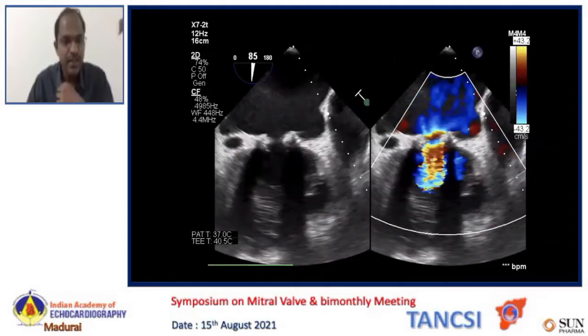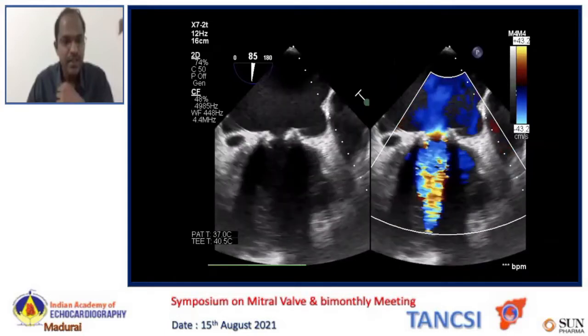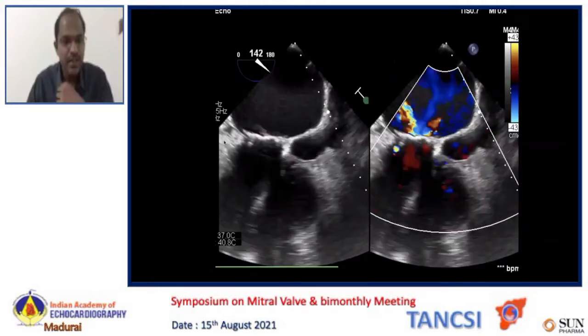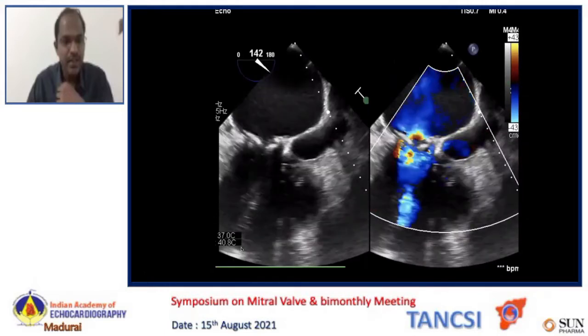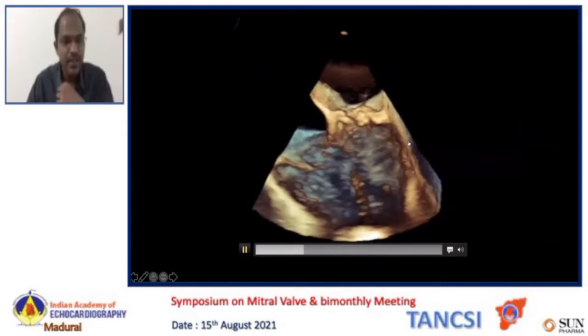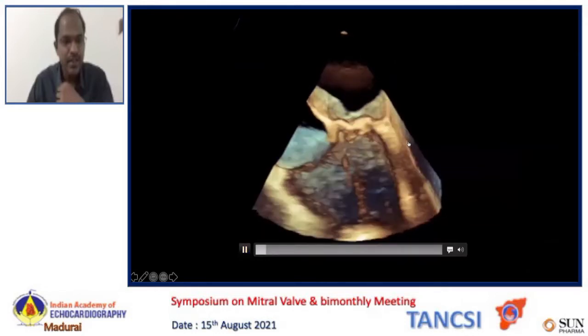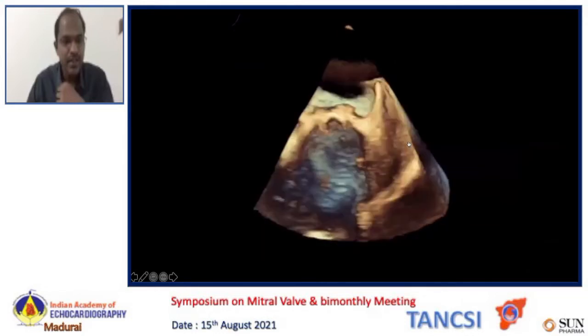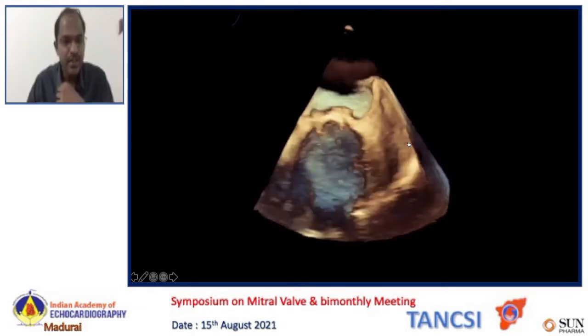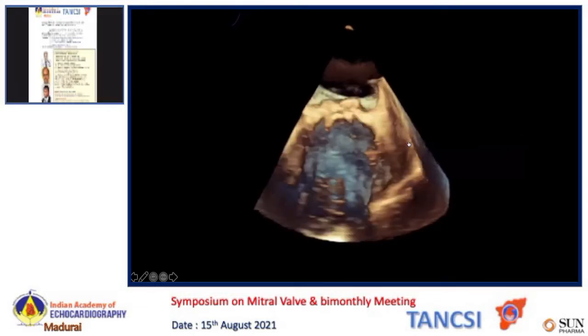This is the same in the long axis view of the heart. This is the 3D echo image recorded. The additional information given by the 3D echo image was obtained in the en face view of the mitral valve. The previous one was a horizontal image, a full volume rendered image showing the